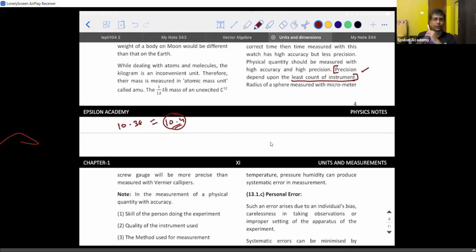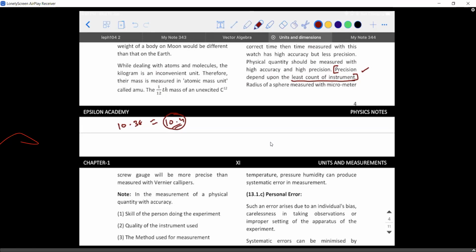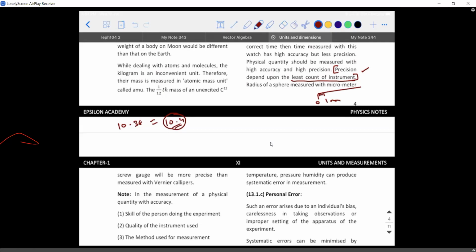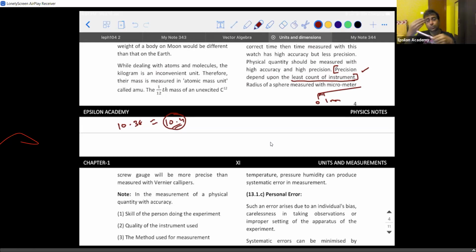For example, the ruler which you used had a least count of how much value? 0.1 centimeter. That is 1 millimeter, right? Let's say there's 1 millimeter, this is a zoomed version, between 0 and 1. Suppose we design a ruler in such a way that between 0 to 1 you also have 10 more readings. Then which one will give you a more precise value? The second ruler, which has 10 more readings.